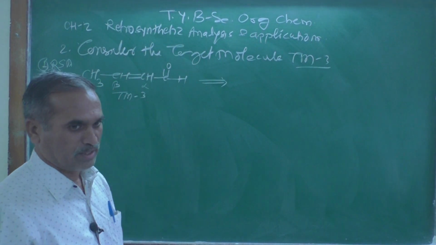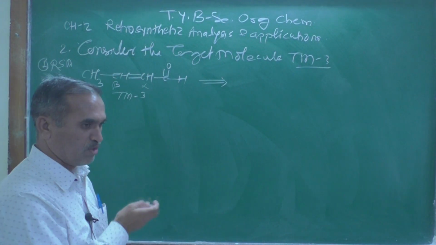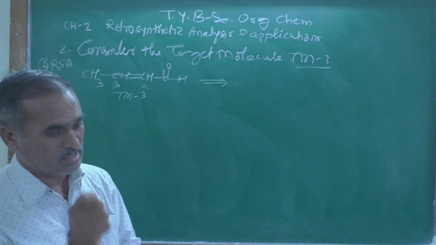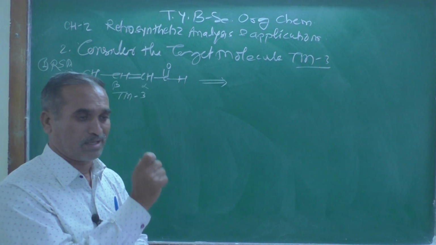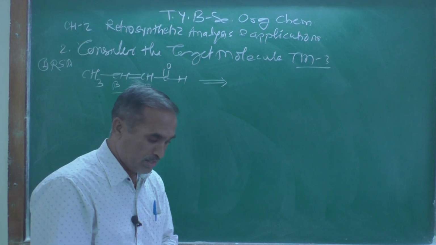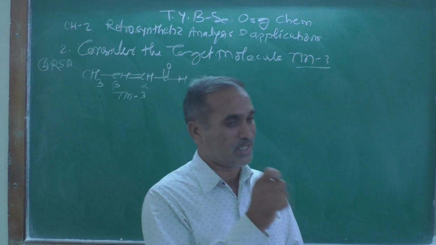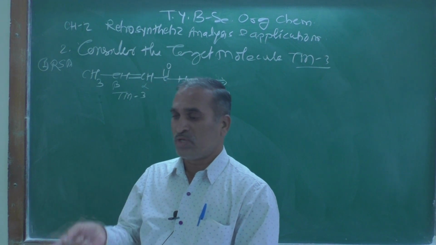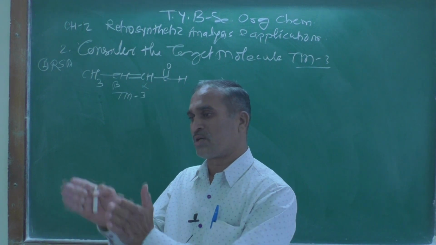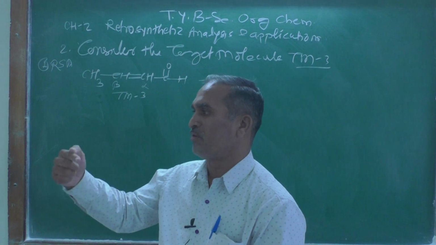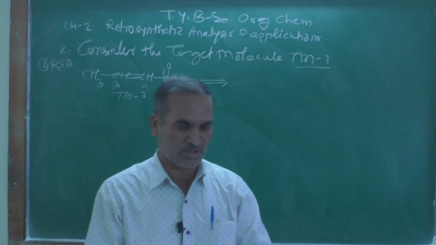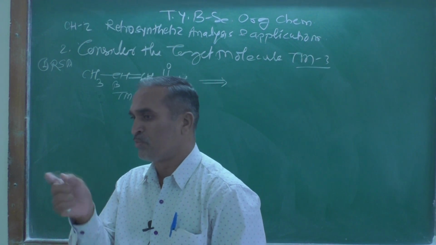You are quite familiar with this arrow. If you observe this arrow, what does this tell us? This is a disconnection arrow, right? And disconnection arrow means what? Disconnection means an analytical operation which breaks a bond and converts a molecule into a convenient starting material. It is known as a disconnection, and it is one of the important steps